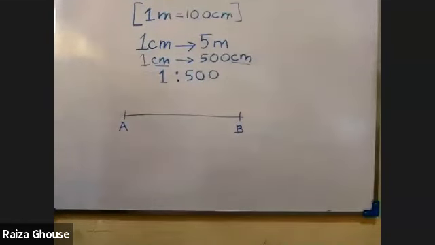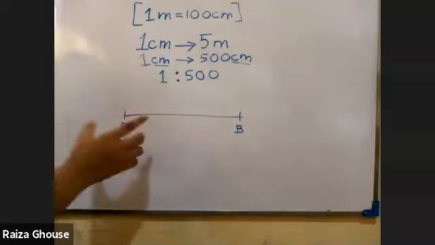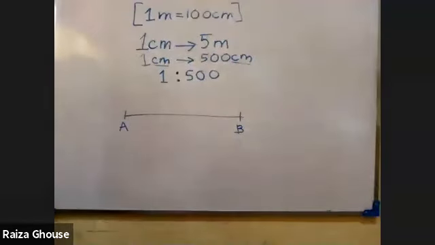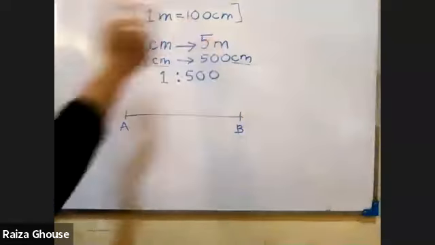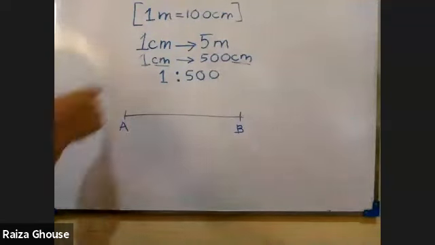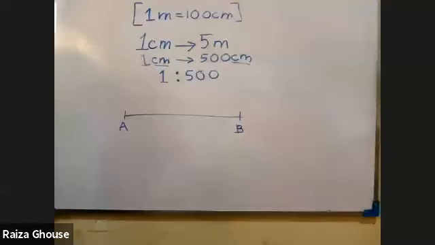The ones who are not clear with that, now listen once again. How to represent scale, right? If you want to draw a distance, here again I'm taking the same example. You wanted to represent a distance of 5 meters. 5 meters is a long distance, children. You can't write that in your book. So what we do, we convert this 5 meters into centimeters. Centimeter is the thing we can draw in our book. So I am taking 1 centimeter on my ruler to represent 5 meters.